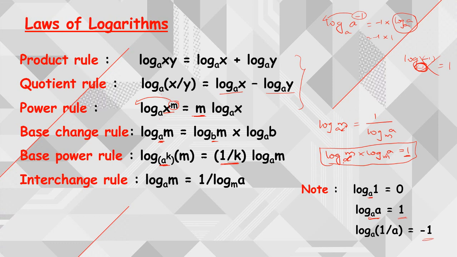So these are nothing but the formulas which we need to remember, right? A formula works from left to right or right to left, both are the same. Whenever you have a log of a single term, here x into y is a single term, then we can split it into the sum of two individual logarithms. Here x by y is a single term, so we can split it into the difference of two logarithms.